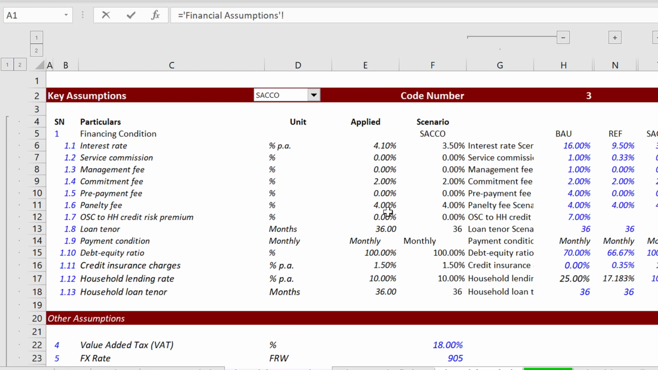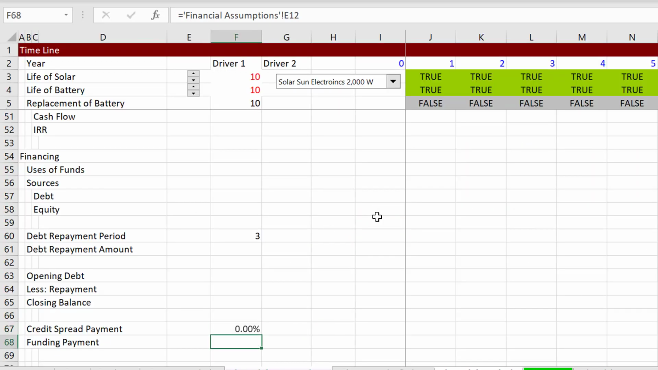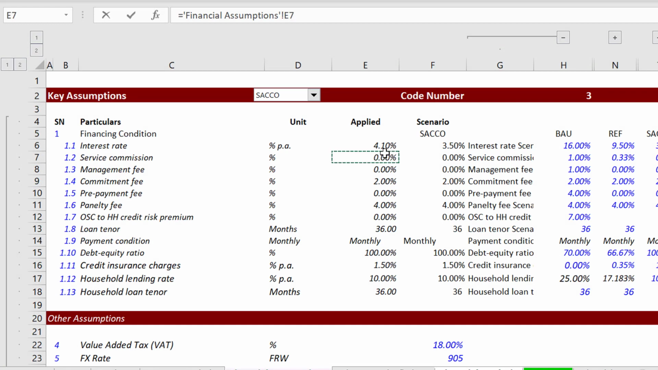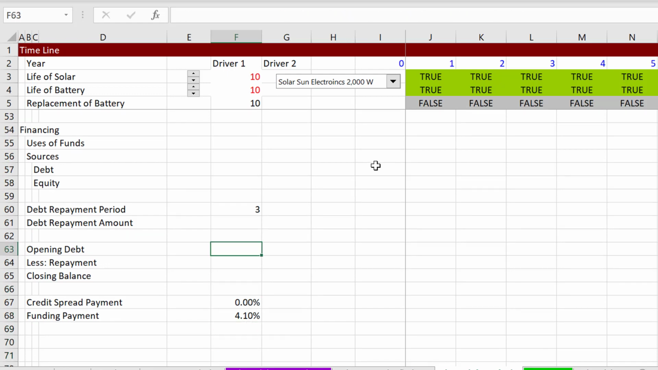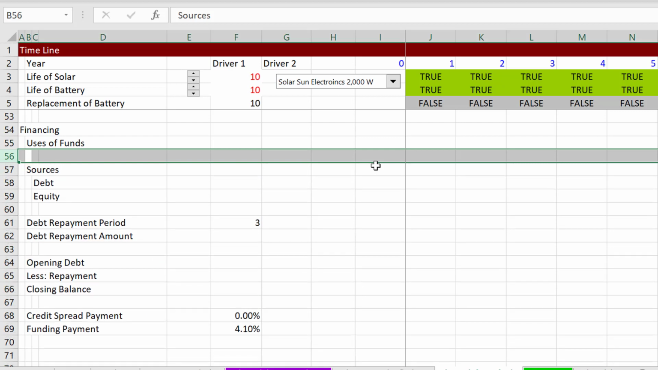which is not in this scenario, but it's down here. Okay, and I have to fix one, and then our funding payment is going to be the interest rate we have up here, plus the service commission, plus the management fee, and all of this. And there's actually an upfront fee and all of that. So even though it's such a simple thing up here, in sources and uses of funds, we better put the